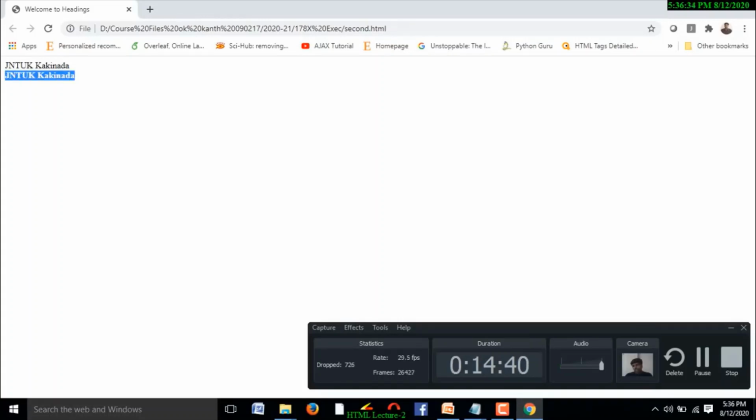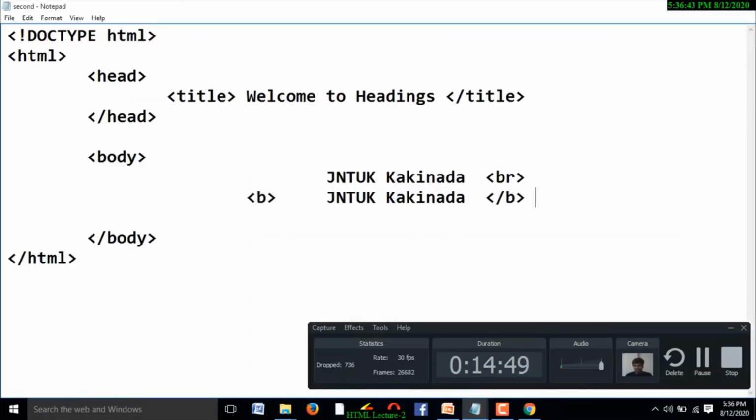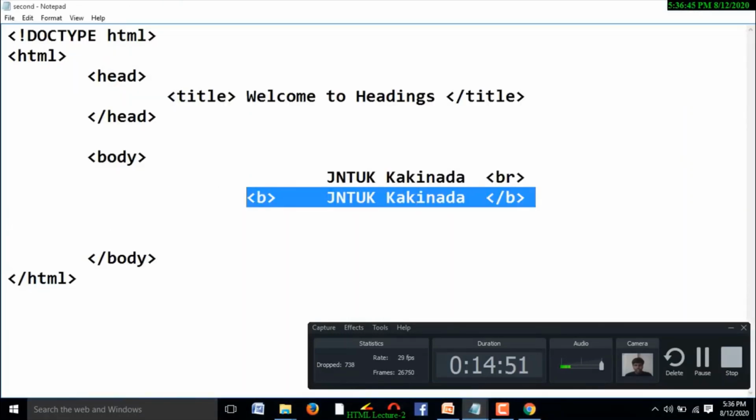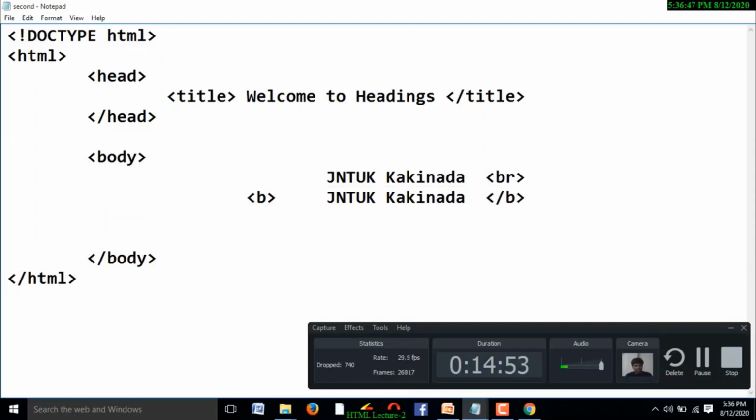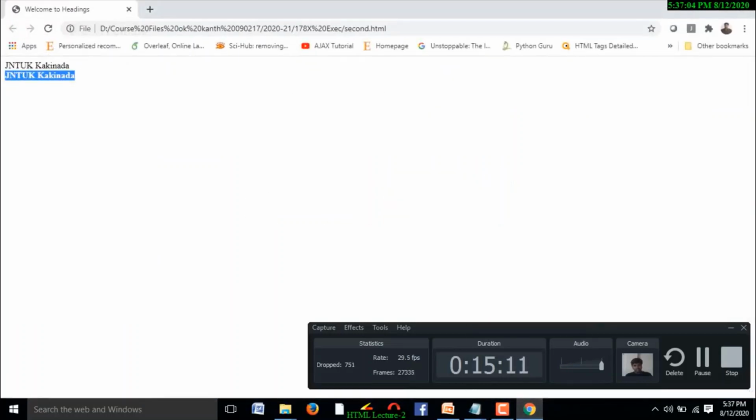Coming to the italic tag, if I write the same content with italic font, how is it going to appear? What is the tag name for italic? I for italic, B for bold, BR means breaking row, right? Italic. I saved this file and refresh the browser.